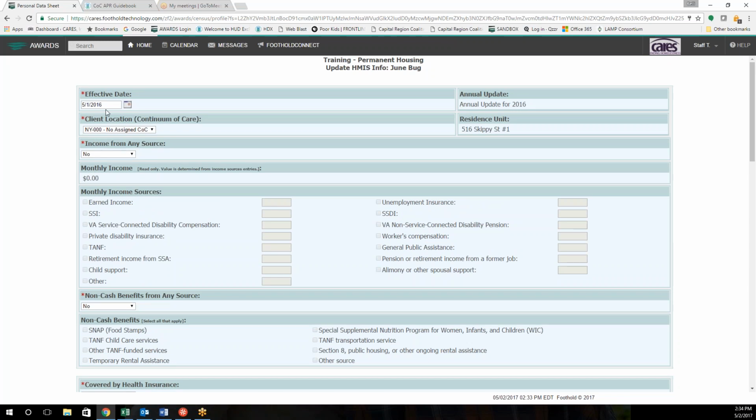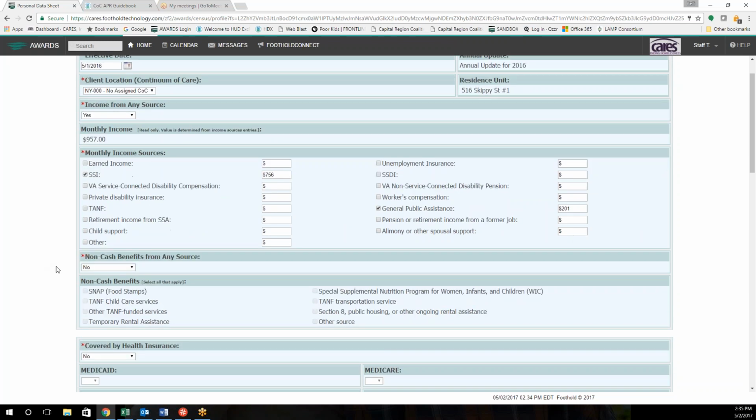However, when I look at her paper records, I pull her file from the filing cabinet and take a look through her records. In May of 2016, she did start having income. So I'm going to change that no income to a yes, and I'm going to say that she now has SSI. I'm going to put in the amount of income that she has, and I'm also going to say that she's receiving $201 from General Public Assistance. So now she has a monthly income of $957,